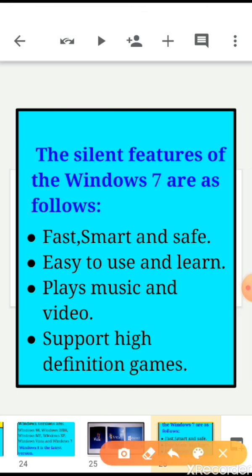Children, the salient features of Windows 7 are as follows. Number 1, it is fast, smart and safe. Next feature, it is easy to use and learn. Next, it is used to play music and videos. Next, it supports high definition games.